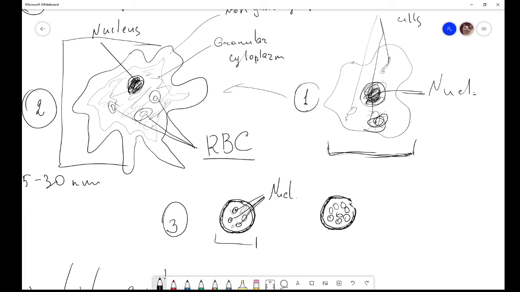Another name of this cyst is quadrinucleate cyst, because inside the cyst we can find four nuclei. Number of nuclei is 4. It has a size around 15 micrometers. And as I said, it contains 4 nuclei, glycogen vacuoles, and chromatoid bodies tend to disappear as the cysts get